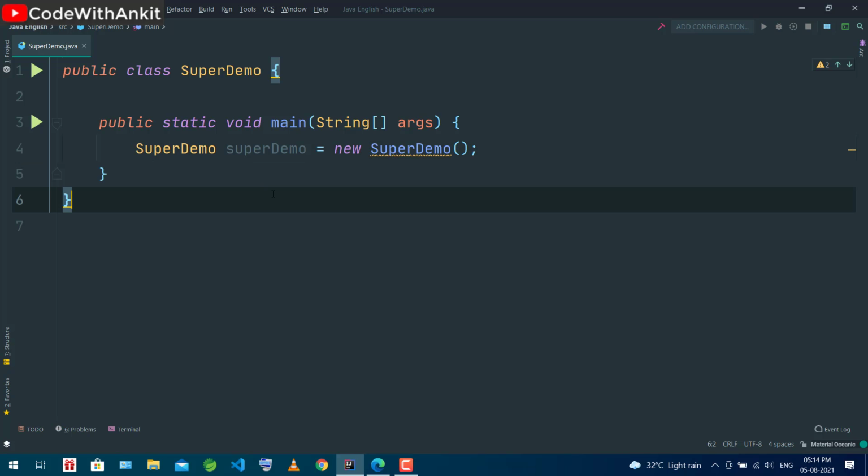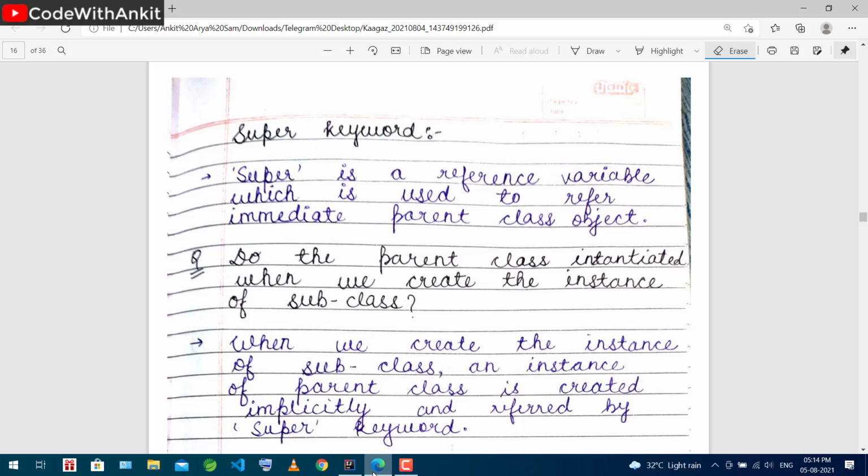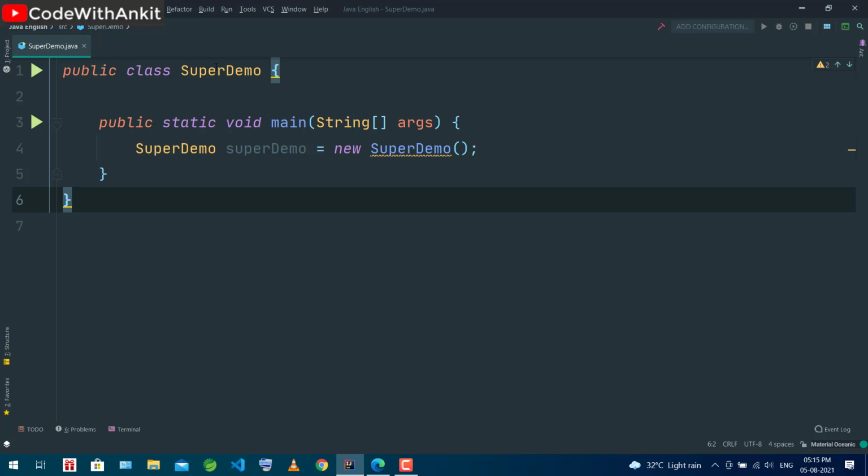So super is also a reference variable. Super is a reference variable which is used to refer to the immediate parent class object. It refers to the parent class object, the immediate parent class, the one on top of this subclass.